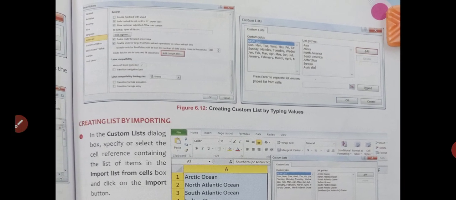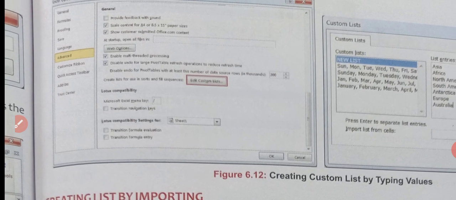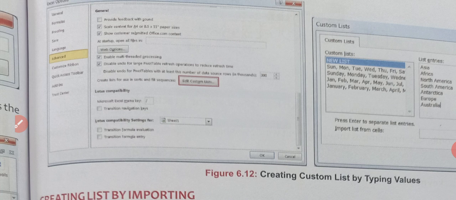Now children, when we move on to this, the figure to create the Excel custom list is given over here. What we do, children, is we first press this Advanced option which is present in the Excel Options dialog box. Then we press Edit Custom Lists, and then children, this next screen comes, where New List is given, where we can create a list of our choice, and once we create the list we can store it for our later use.